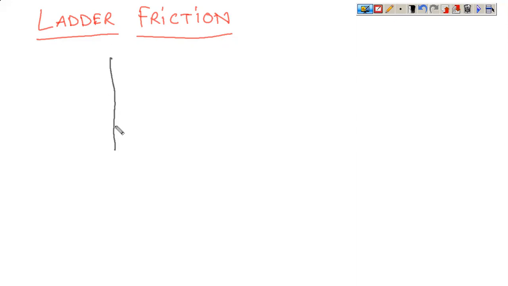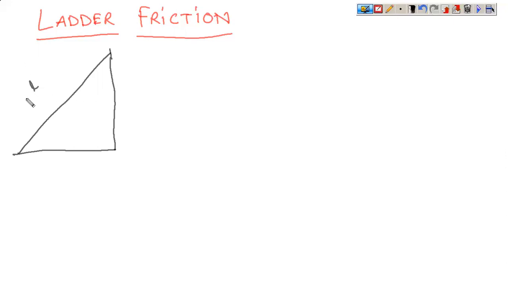One, this is your wall, and this is your floor. So, the ladder is placed against the wall and the floor, and you need to either go up or go down. So, we'll be studying the equilibrium of the ladder. To study the equilibrium of the ladder, let us say that a ladder has a certain length L.